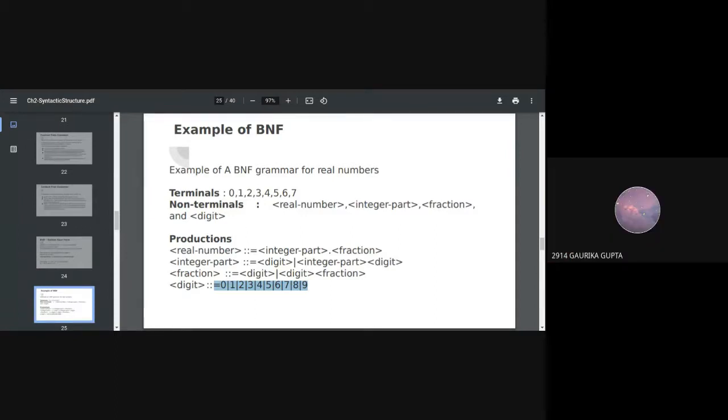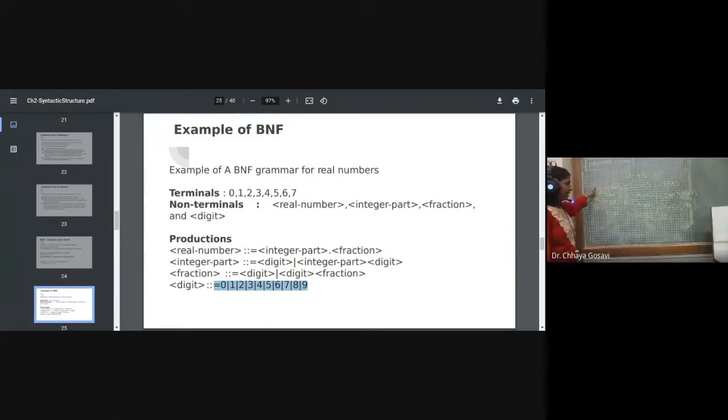Okay, ma'am. And this int digit and int fraction, what exactly is that? Why can't we just write digit and fraction, or integer and fraction? These are the rules because if we write integer and fraction, it will be just one digit. We can have any number of digits here, any number of digits here. So it should match with any floating point number. I can write a floating point number like 0.15. It should match with this. This grammar should define all these strings which are matching with a floating point number or real number.